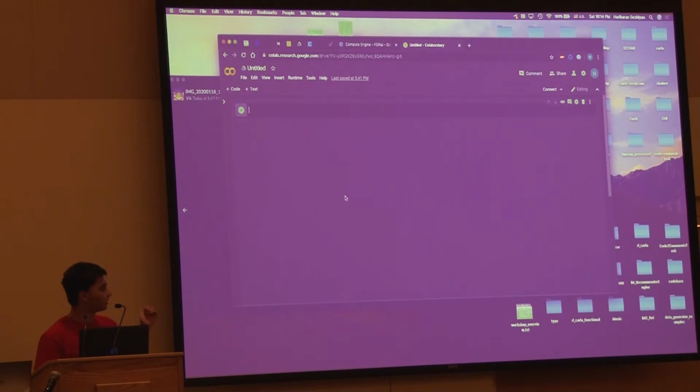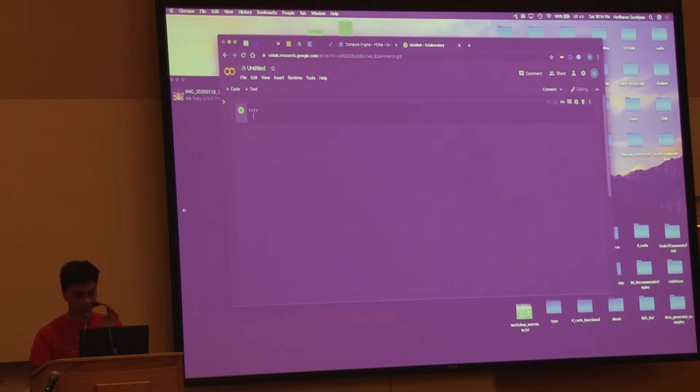The second part about this is it's Jupyter Notebook style, so you write code into the editor, and then you basically click blocks. You just run blocks at a time. So it's easier to debug. So we'll just get right into the code. So the first thing we're going to do is import